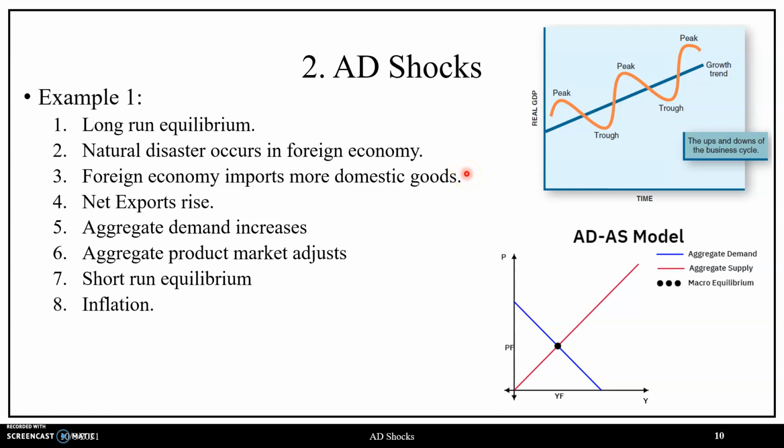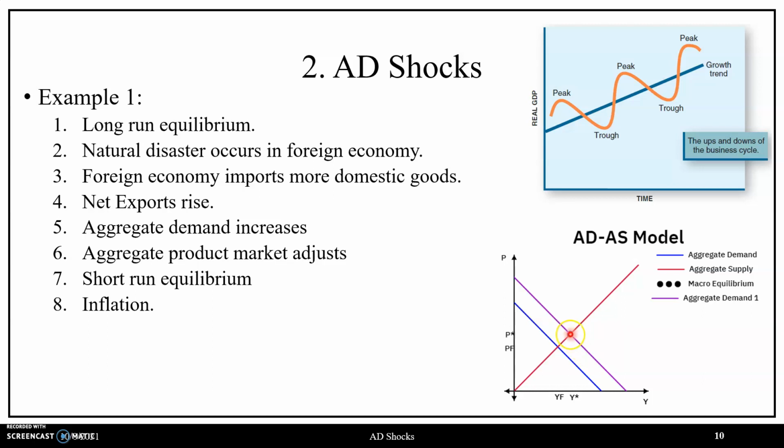So then, the foreign economy begins importing more domestic goods, such that net exports in the domestic economy rises. With an increase in net exports, holding all other factors equal, this corresponds to an increase in aggregate demand, which we'll see through a rightward shift of the AD curve. So then, through this negative shock occurring in the foreign economy, corresponding to a positive shock in the domestic economy, we go from AD to AD 1, holding the average price level fixed,